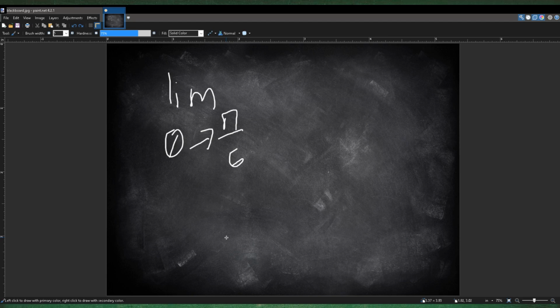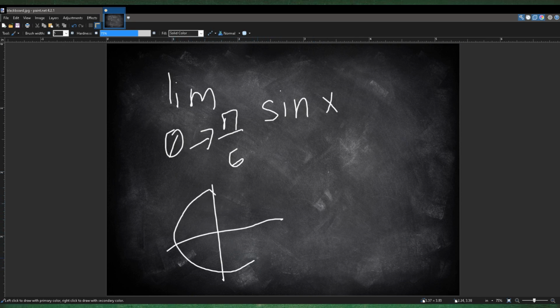So going back to our example, we have something where theta approaches pi over 6 radians, okay? And let's say the equation is sine of x. So we have a circle, where sine is basically the y, so we just need to work for the y coordinate. Pi over 6 is something right here. This is pi, so a sixth of that would be somewhere around here. So pi over 6, if you know your unit circle,